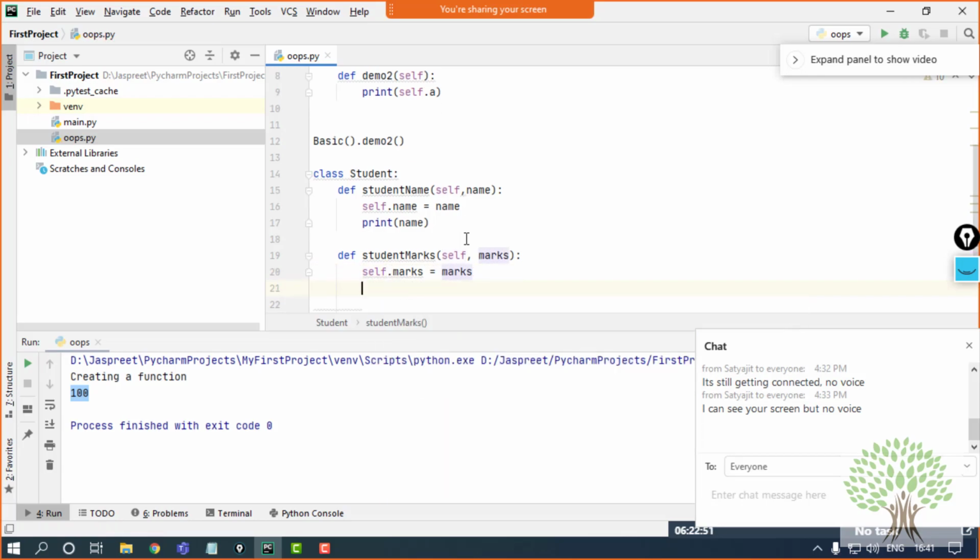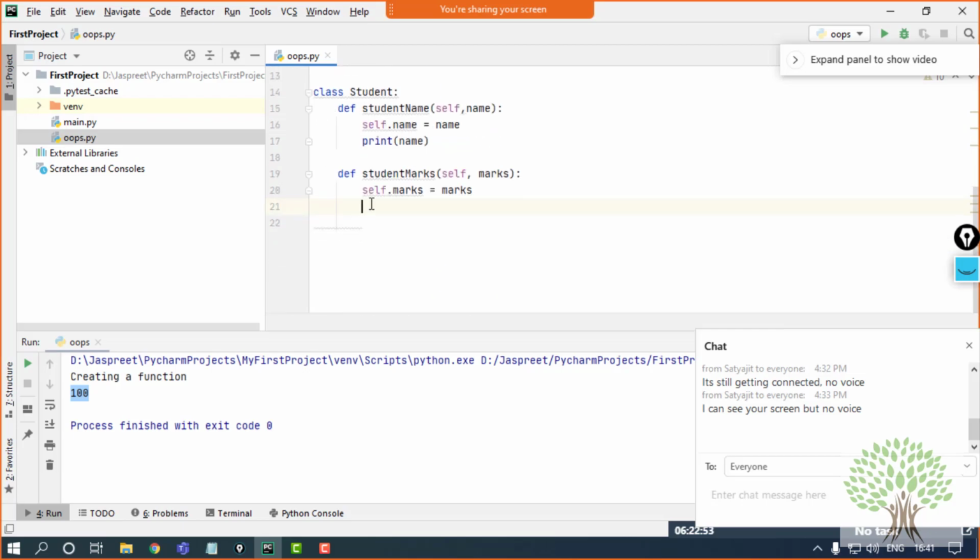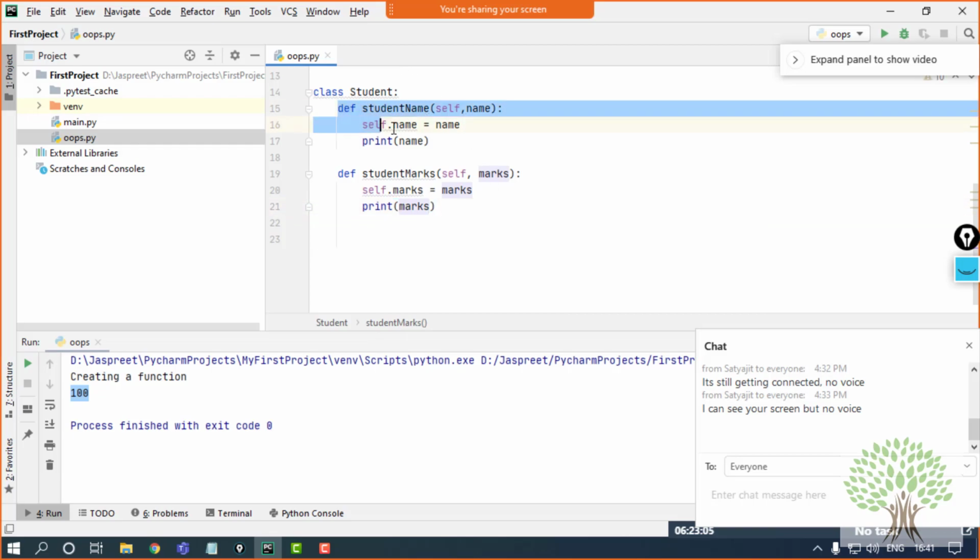Now marks is also a local variable to this particular student's marks only. Print marks. Okay, now my class has been made. There are two functions inside. I just need to access them.